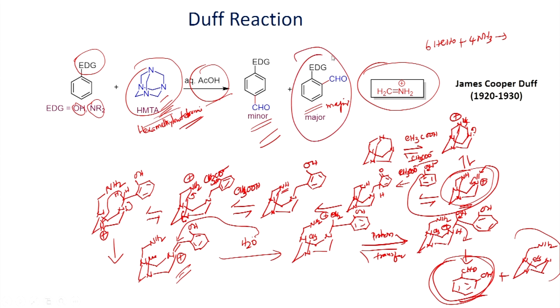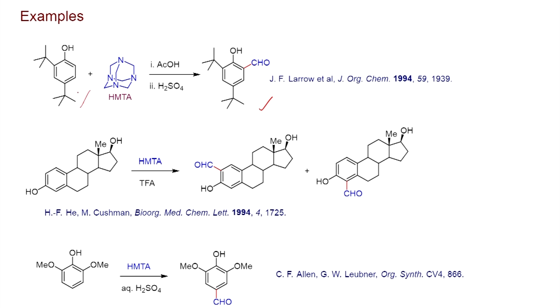compound. Now, let us look at some of the recent literature examples of this reaction. The first one, if you look at here, this substituted phenol can be readily reacted with hexamethylenetetramine in the presence of acetic acid and sulfuric acid to give this aldehyde as a product. This is one of the important aldehydes. If you look at this aldehyde, it is widely used to make salen ligand,